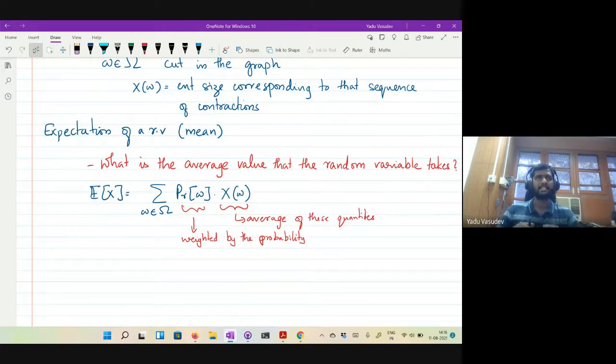Okay. We'll see that it's very difficult to actually argue about the random variable directly. Like earlier we said, what is the probability that you're going to get a min cut, right? What is the probability that this random variable will take a value k, where k is the value of the min cut? We'll see that this is going to be difficult to argue for max cut. So what we'll start off with is trying to understand the expectation of this random variable.